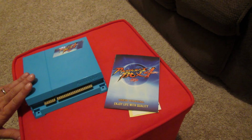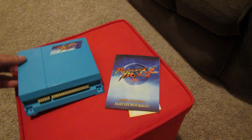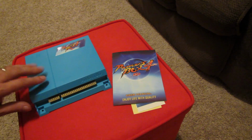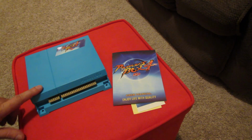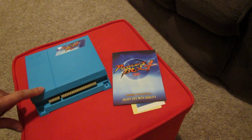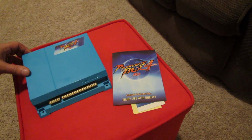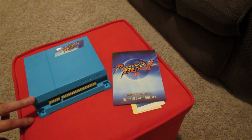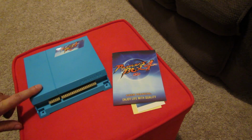Got a new pickup to show you guys today. This is the Pandora's Box 4, the successor to the Pandora's Box 3 multi-cartridge. This one in particular plays 615 in one, and I think the Pandora's Box 3 was around 525, so this one has, let's say, 100 more games to play, including the new IREM drivers, including R-Type, R-Type Leo, R-Type 2,